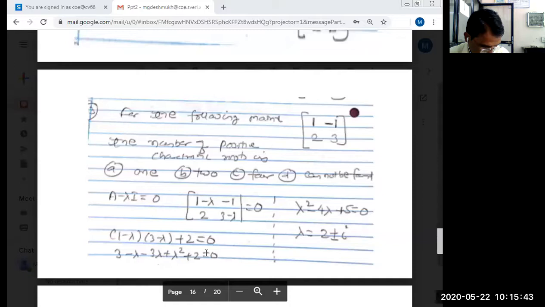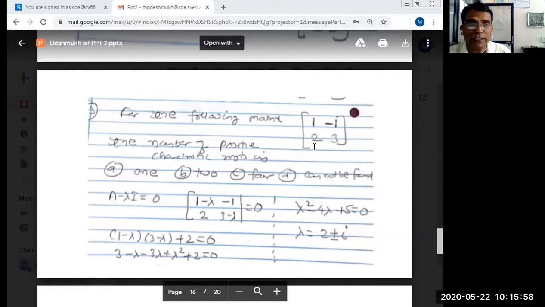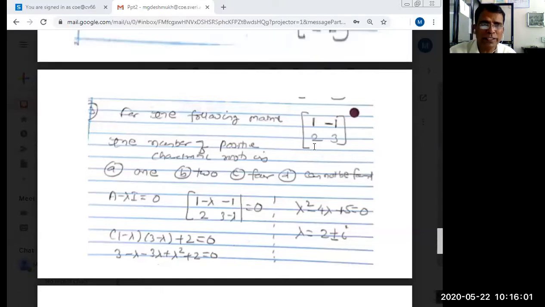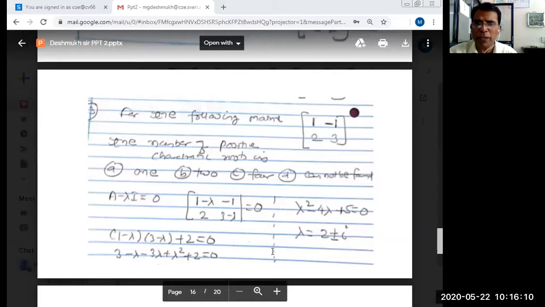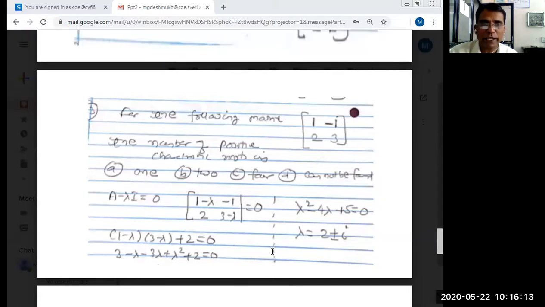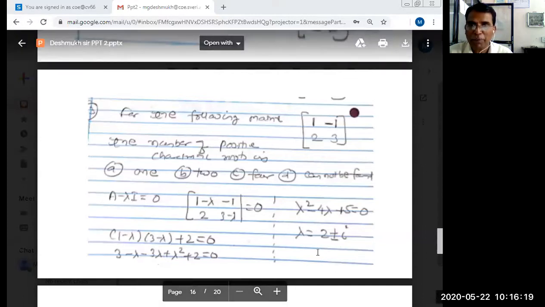Do it please. On what basis are you saying 2 or 1? Theta is saying 2 is the root. Is it right? Then my calculation is wrong. If 2 are the roots, then 2 positive roots are there. Then B is the right option. Mine can also be wrong, I can also make a mistake. Please go through this question once again. I will repeat it afterwards. See what your roots are. When I did it, 2 plus or minus i came, so not even one positive root is possible. Please do it and see.